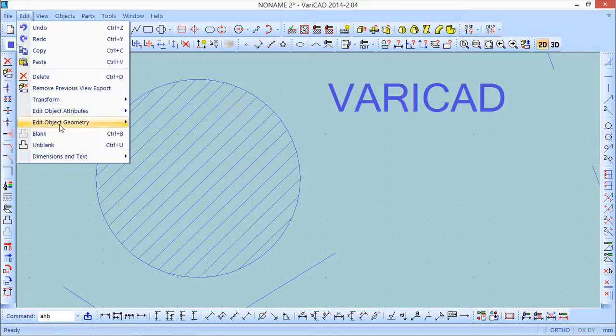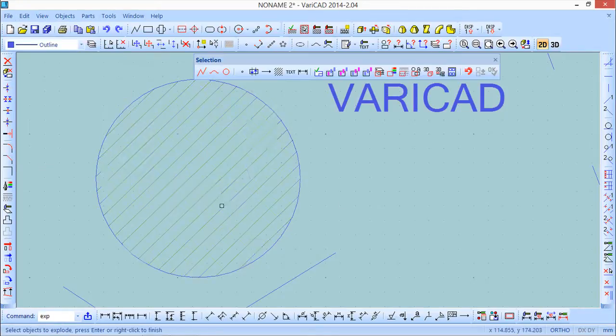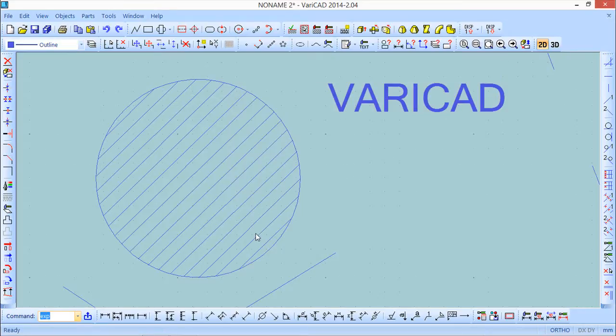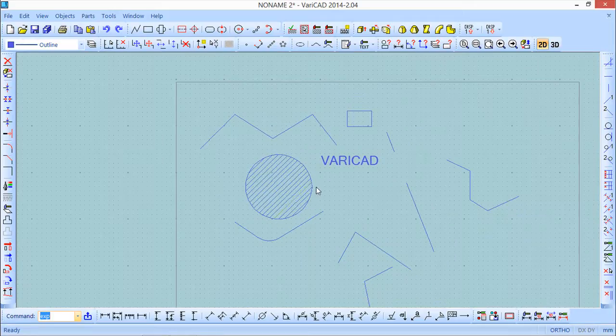And if I go to the explode and click on the hatch, now it will become single lines instead of a group. Okay, for sure, at this moment the program loses the properties for the hatch, but okay,